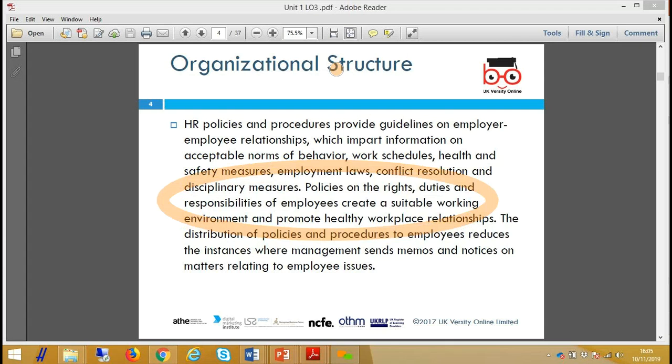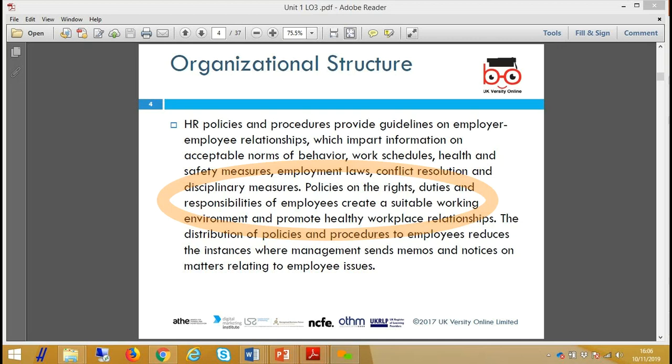On the company side, the company will have rights, things that the company can expect from the employee. It will also create responsibilities on the company side, things that we expect the company to give or to do. On the employee side, it does the same thing. It creates rights for the employees, things the employee expects to receive. It also creates duties and responsibilities, things we expect the employee to do or to give. So for both sides, company and employee, rights and duties are created. And that's the essence of HR policies.